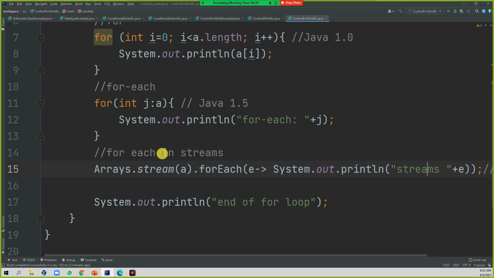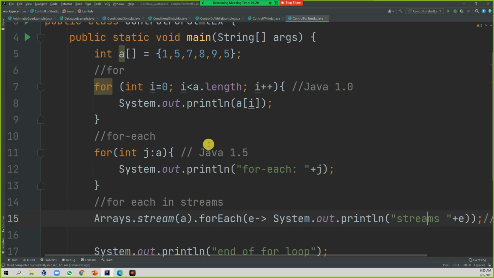So these are the different approaches to retrieve data from an array. In future, we will apply the same kind of approach to collections when we have a separate concept for collections. When we are learning that collection concept, we will use this for frequently to retrieve the elements from the collection object.